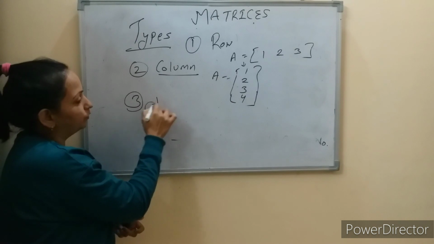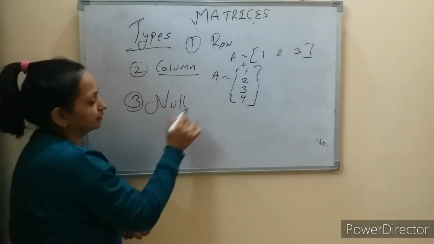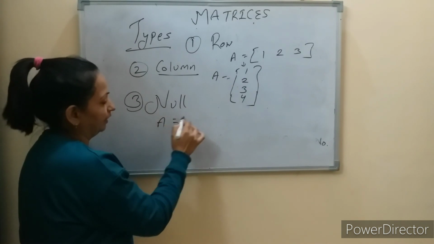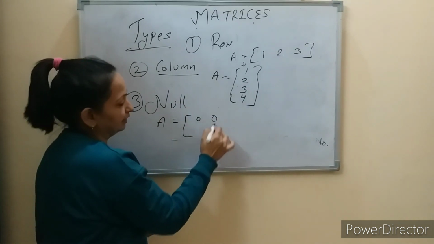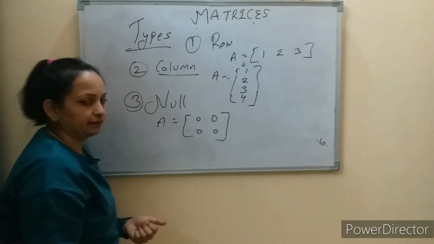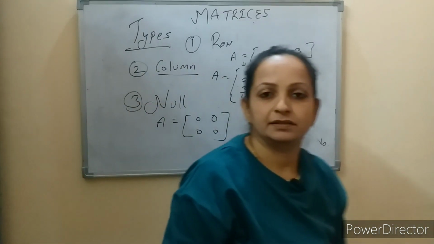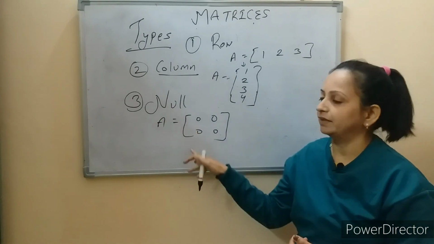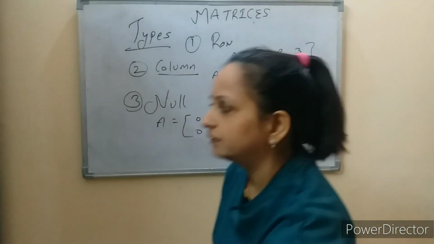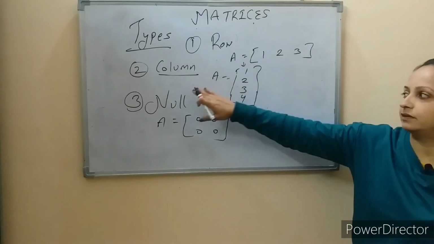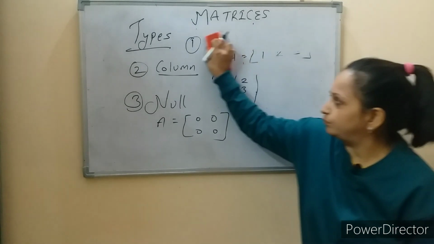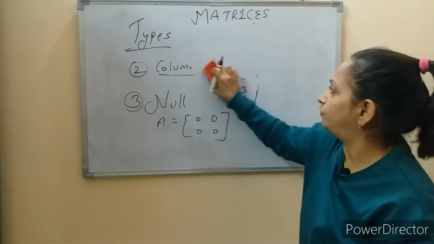And if I move to the third type of matrix, that is null matrix. Null means nothing, and we have nothing as 0. So this will be my null matrix in which all the elements are 0, no other element, then the matrix is called null matrix. So these are the first 3 types of matrix, that is row matrix, column matrix and null matrix. Now let's move to the 4th type of matrix,